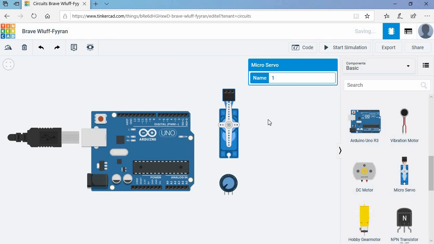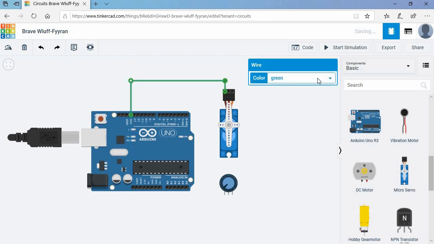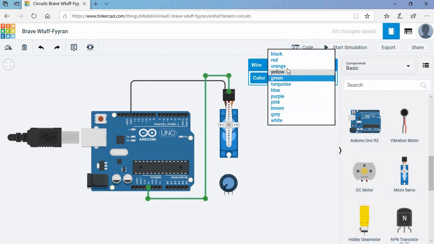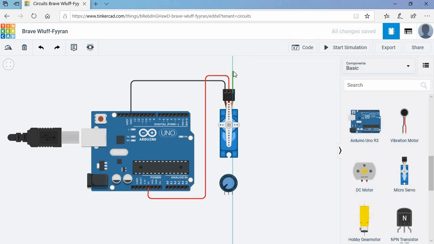Start connecting the terminals. You can hover your mouse over the pin of the servo motor and you will find that the pin will signify the ground or positive and the signal by hovering over it. So connect the ground to the ground pin of our Arduino and positive to the positive 5 of our Arduino as well, and our signal to be connected to one of the analog output of our Arduino. In this case, we will be using pin 6,